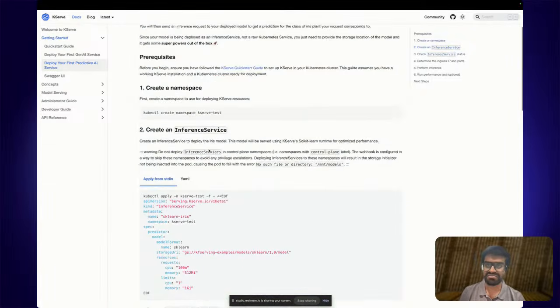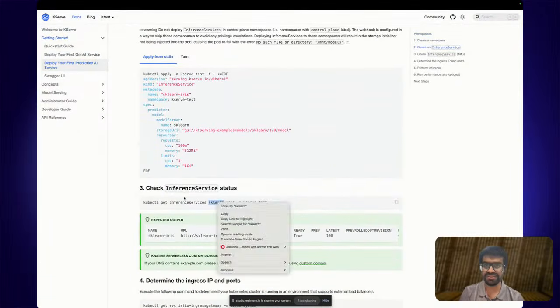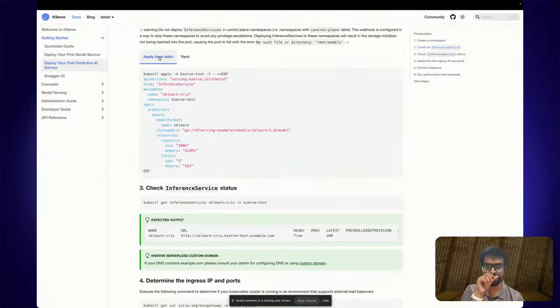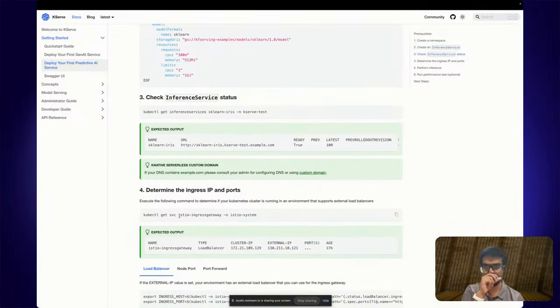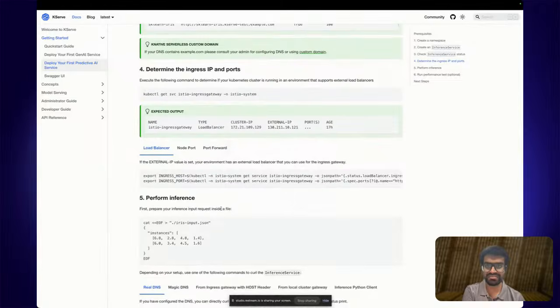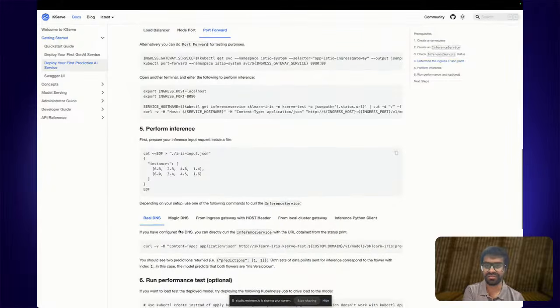In this case, what we're doing is creating the inference service and checking the status. We can get this both in YAML format, or we can get this directly. We can apply this, and once you apply that, you can of course set the ingress port and set up the load balancer, or if you want to port forward, you can also do that, and then you can perform your inference.